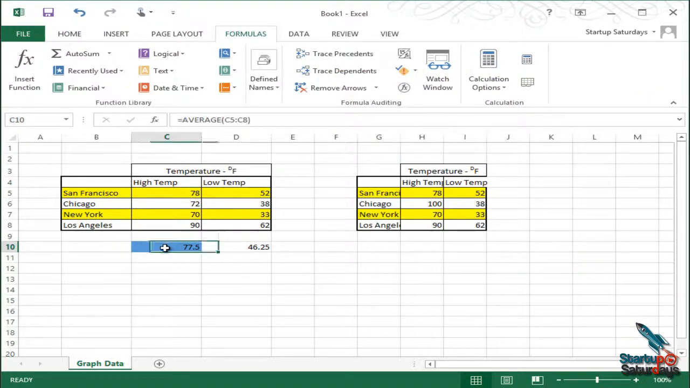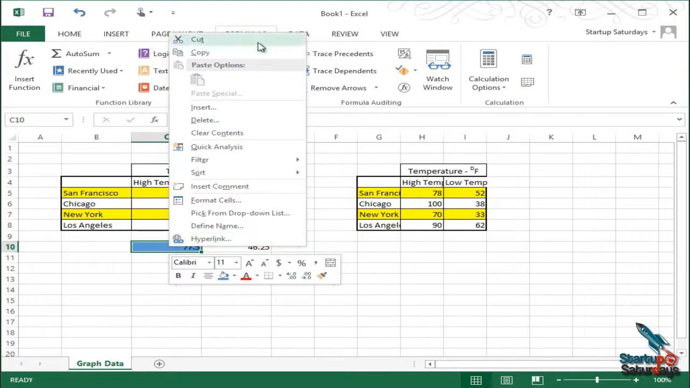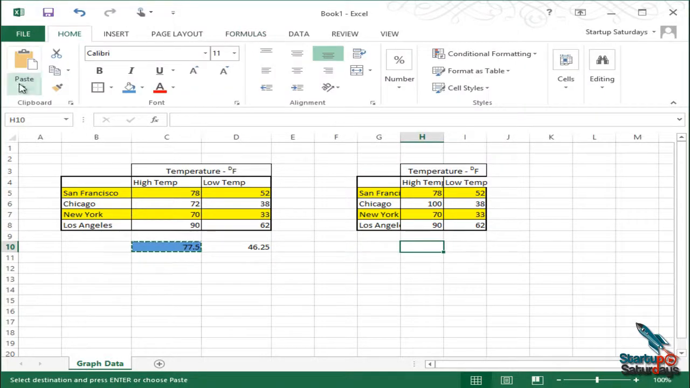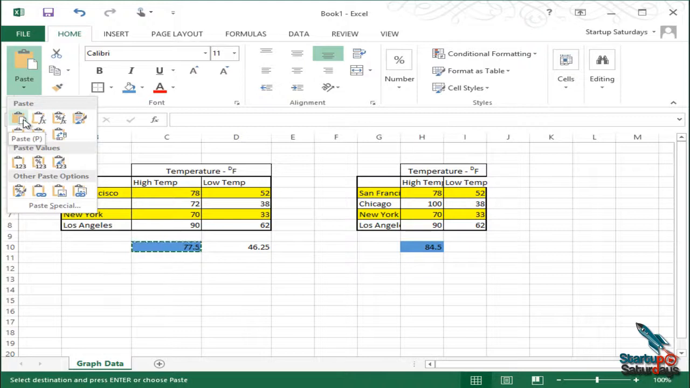So now we will copy the 77.5 again, right click, copy, and then we'll come to H10 and look at our paste options. Just the standard paste gives us 84.5. That means it's going to copy the formula and the format. Then if we just copy the formula, you see the value is 84.5, but the format is